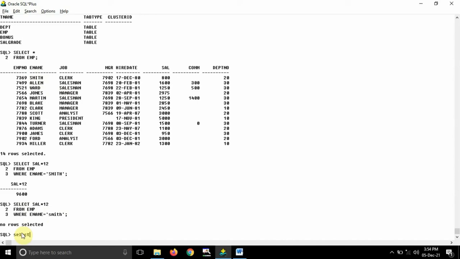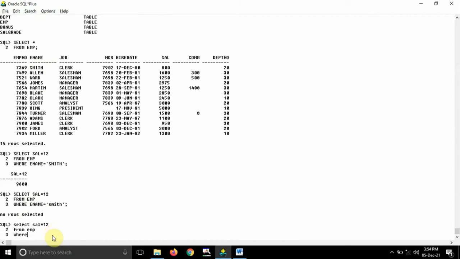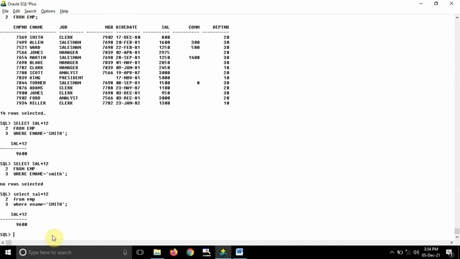Now I will write select. In small case I am writing select sal into 12, and from EMP I will write where ename is 'SMITH', and I will terminate. Now you can see I'm getting the output, because only this particular thing,